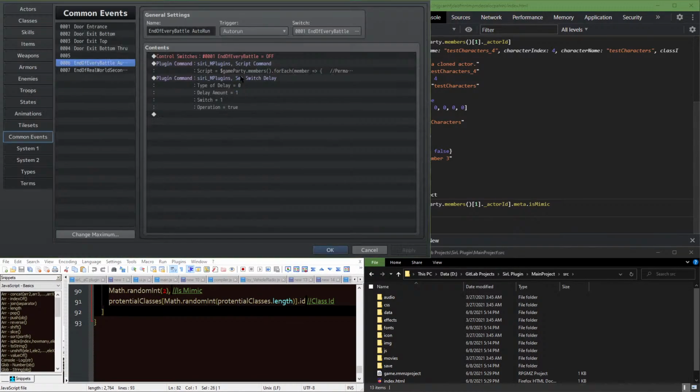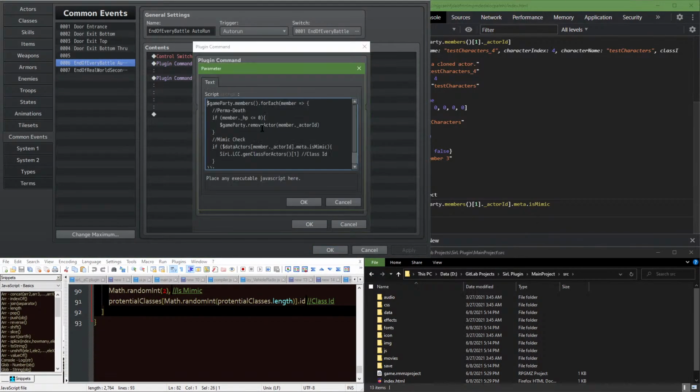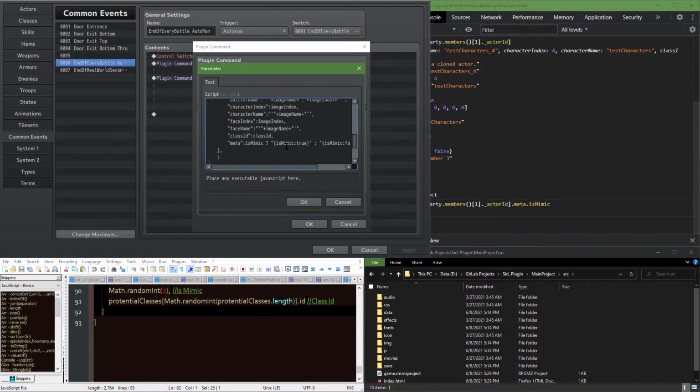Hit OK. So that's going to be our new class ID. Grab all of this. Grab my spacing so I can keep a tab-like behavior. There we go. So inside here, spacing for tab-like behavior, extra space for more tabs. We are going to need to get the actor ID, so that's going to be member dot underscore actor ID, comma,